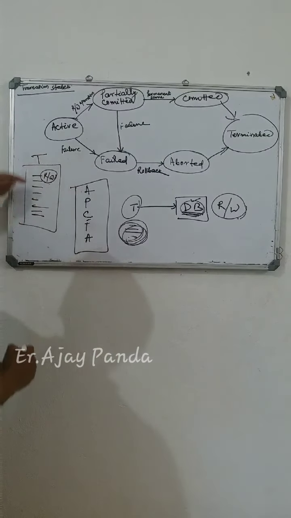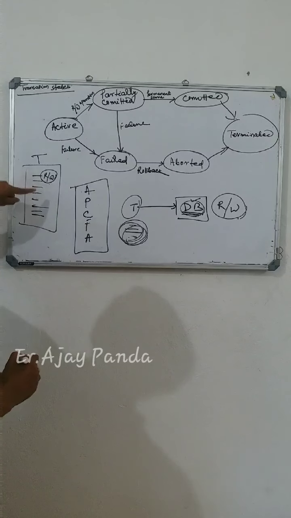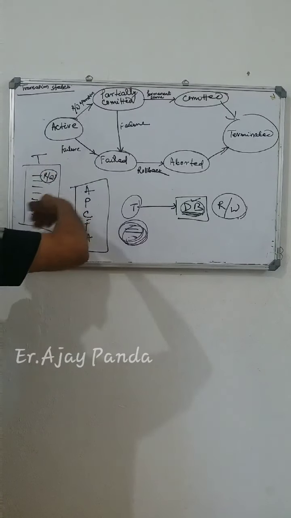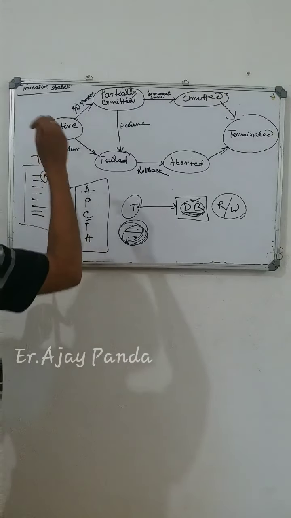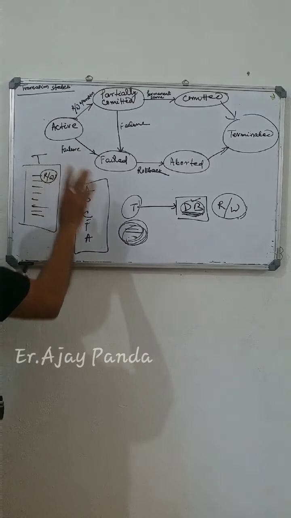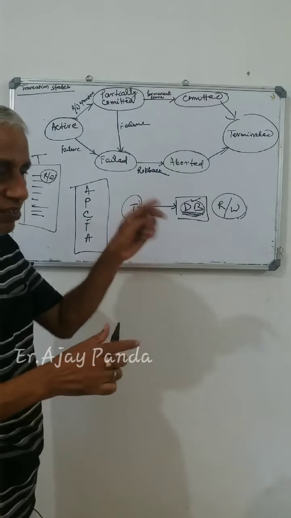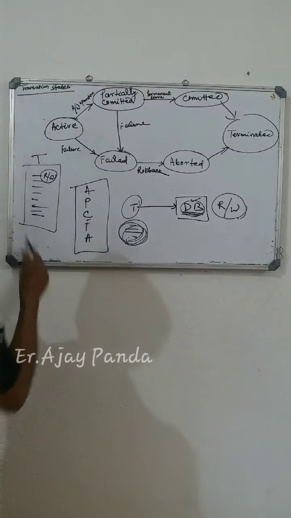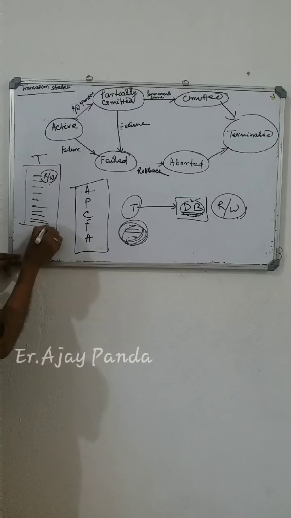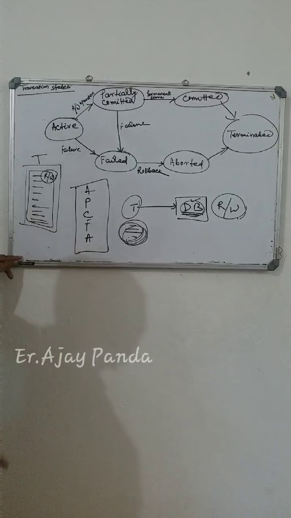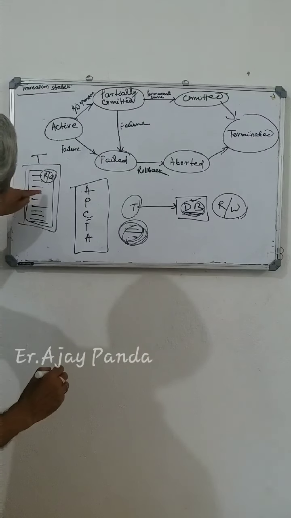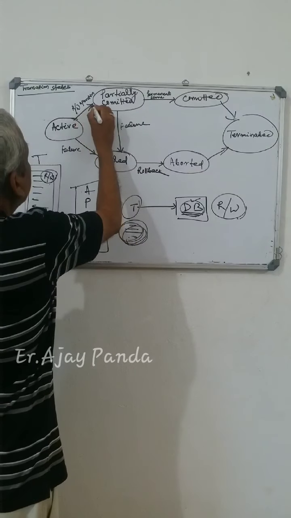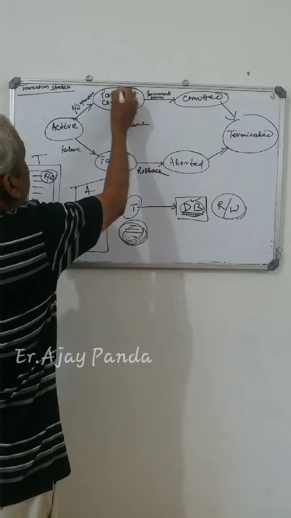This is one transaction. During the execution of this transaction, a number of instructions are there. And at the time of execution of these instructions, we say this transaction is in active state. That means it is in a live position. Up to the end of this transaction, all are active states. Within this, some read and write operations are performed on this database. Then it goes to the partially committed state.